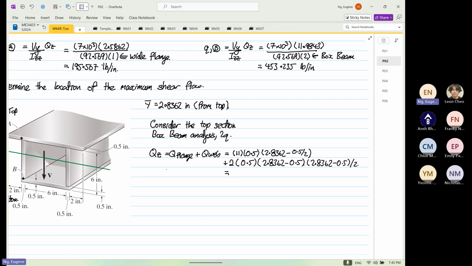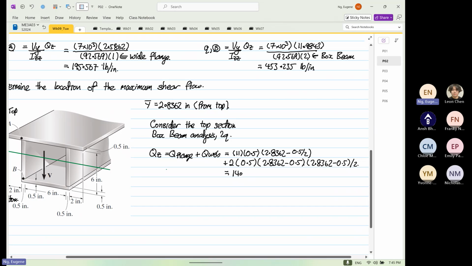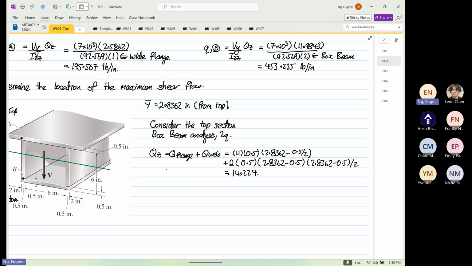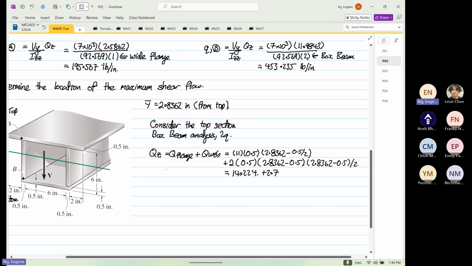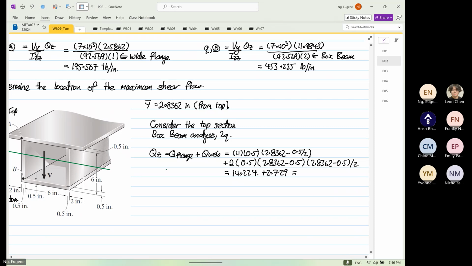So I'm going to write up the first one first, 14.224. All right, and then the next one is 2.8362 minus 0.5 squared times 0.5 times 2 divided by 2. So it's 2.729. Okay, let me do the end. 2.8362 minus 0.5 squared times